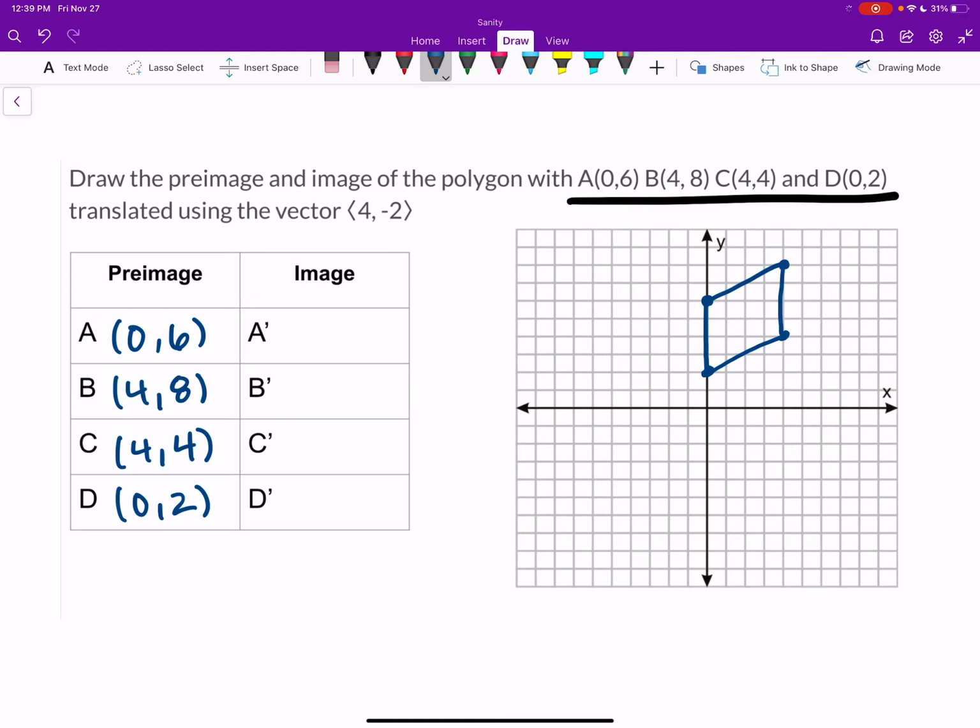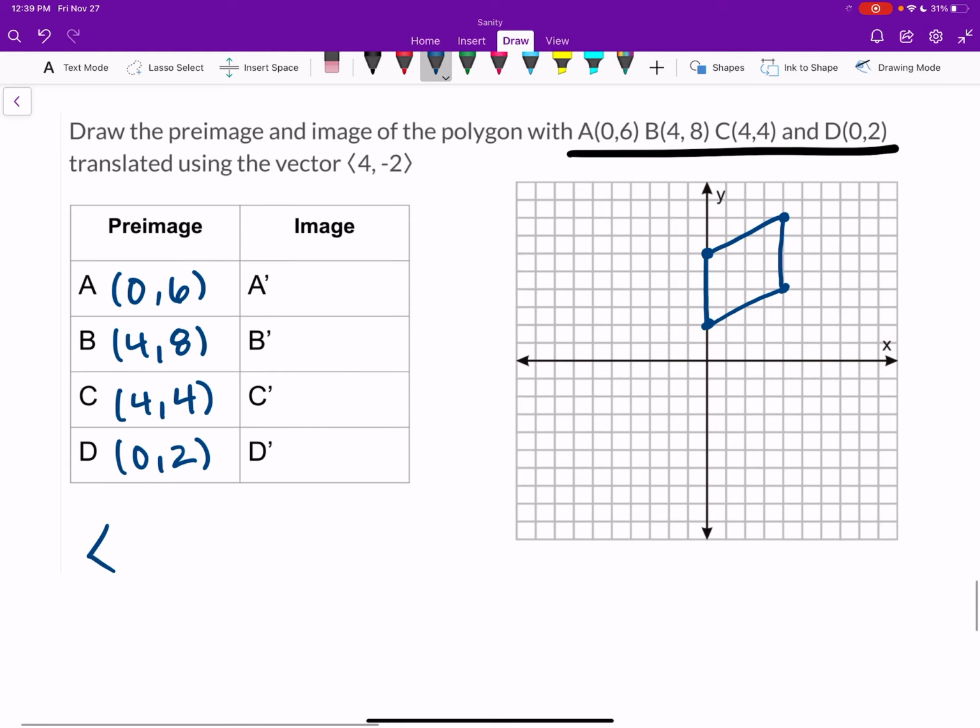So if we had to write this vector component <4, -2> as a coordinate rule, let me make that an angled bracket, sorry. If I wanted to write that as a coordinate rule, I could just as easily say, well, I'm taking a point, which is in the general form (x, y), it's got 2 coordinate points. So (x, y) now becomes, well,